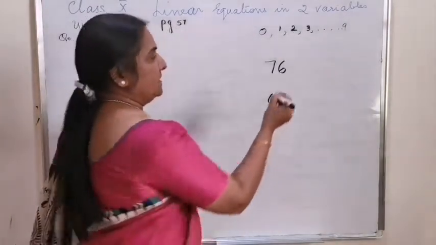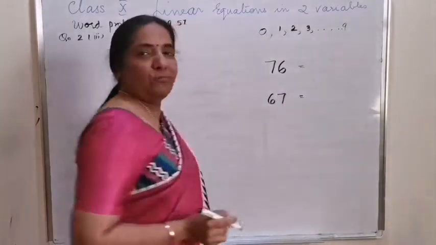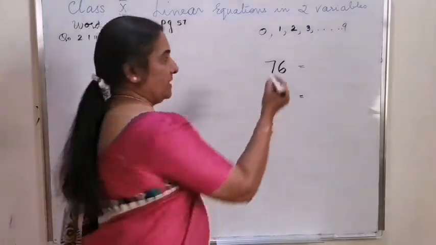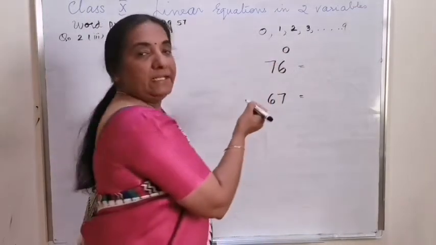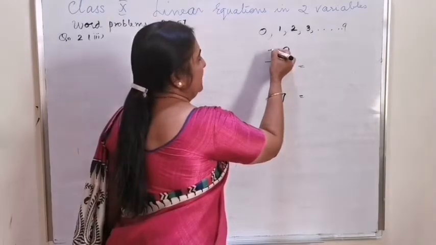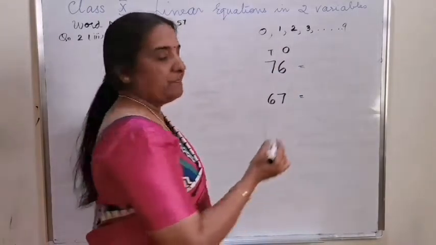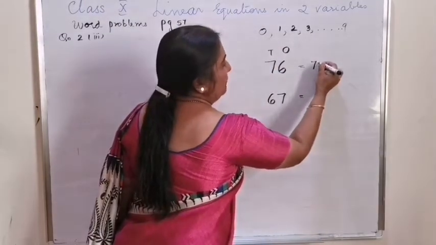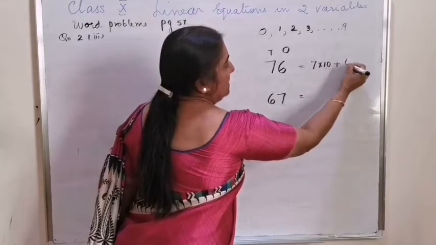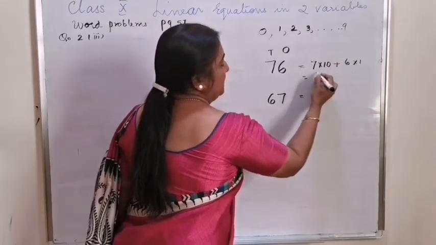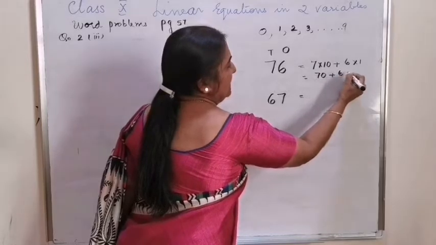Is the simple expanded form of class 1, the 6 in the ones place and 7 in the tens place, and the expanded form of 7 into 10 plus 6 into 1 is giving you 70 plus 6 and